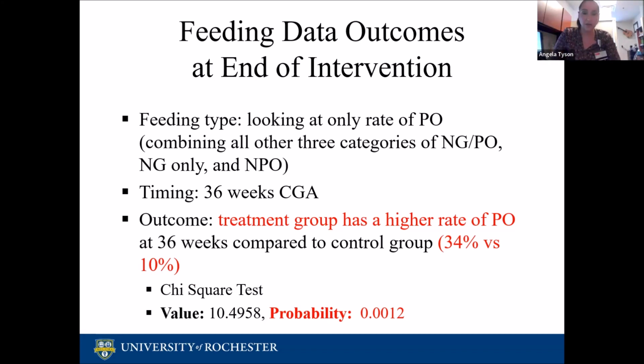Now, take into consideration the suck, swallow, and breathe reflex usually doesn't kick in until 34 to 35 weeks at the earliest. So full PO feeds in an infant that is not requiring any NG feeds, particularly being born prematurely, is very rare to have them full PO feeding by that time, and most babies require some NG feeds. So if we were getting infants to PO feed higher overall by that timeline, that is very significant to our